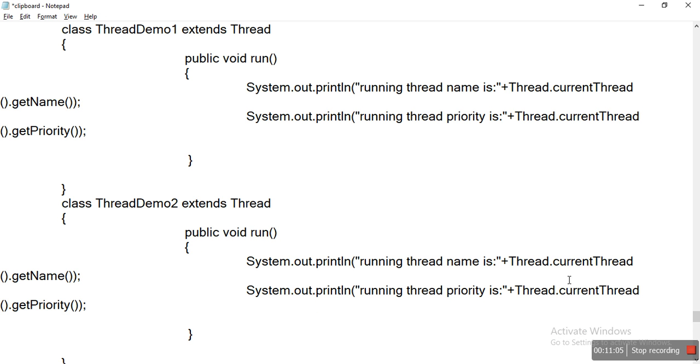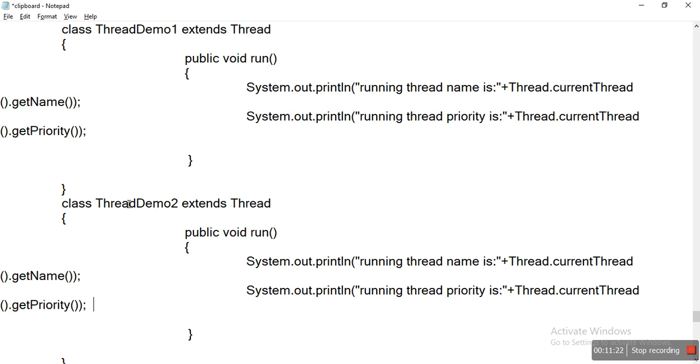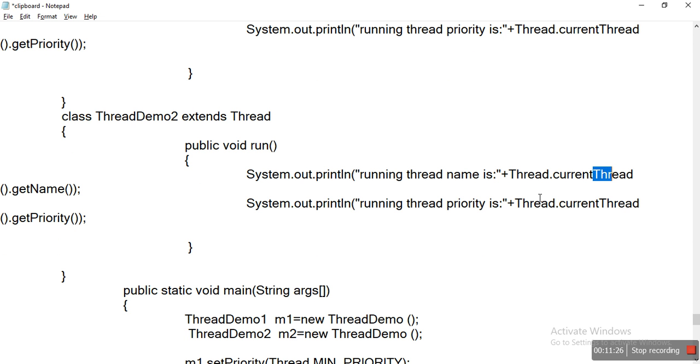As in the first thread, where we printed the name and the priority, similarly in the second thread class, ThreadDemo2, we are just printing the name and the priority.